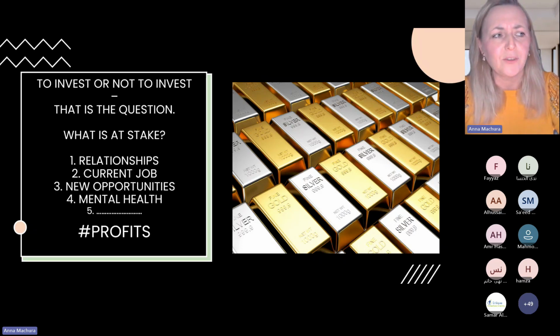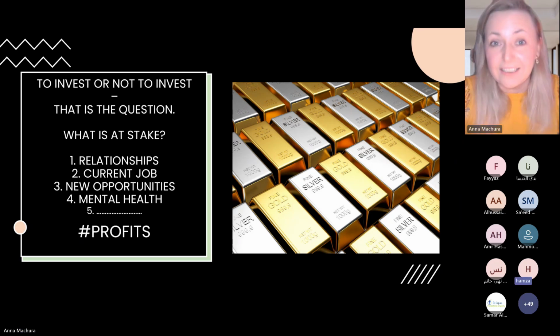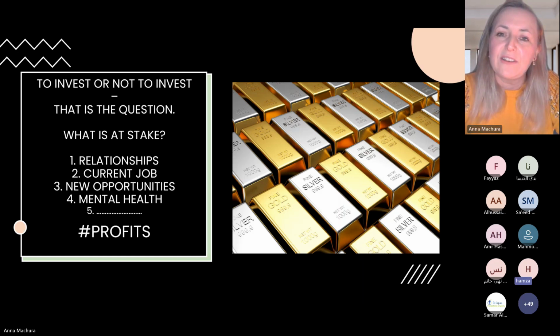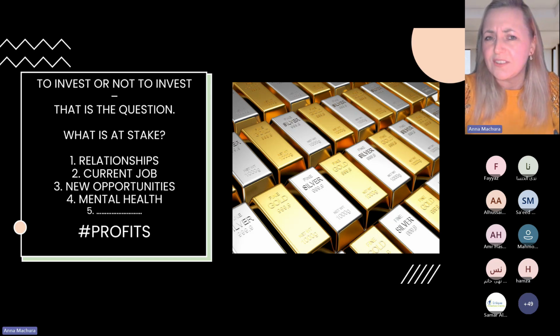So, the main question for today, I said the brain's going to ask, and at this stage, probably you're thinking, okay, so what's going to happen? What's next? The reason to invest or not to invest in the vocabulary bank, right? That is the question. And what is at stake? You may be wondering, is it just studies for your students?